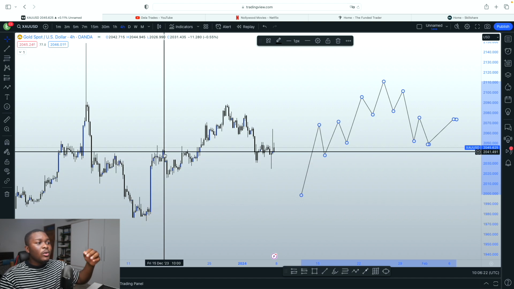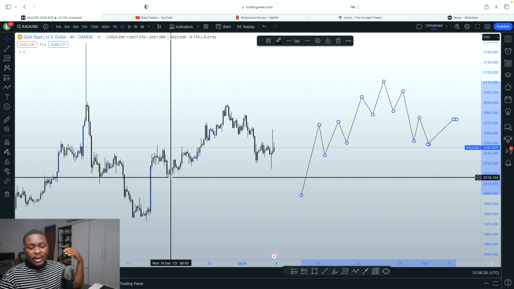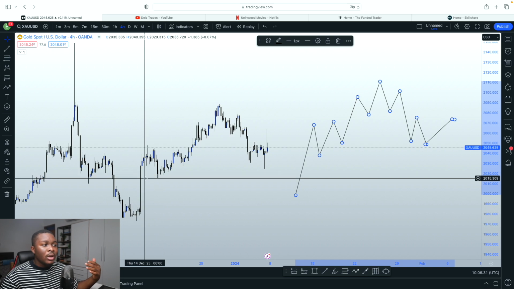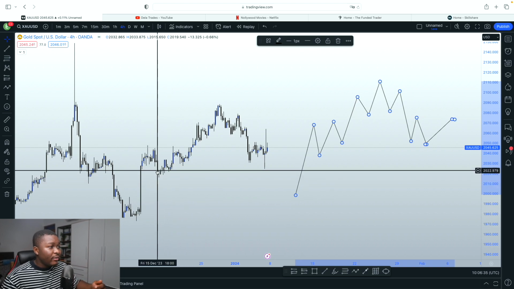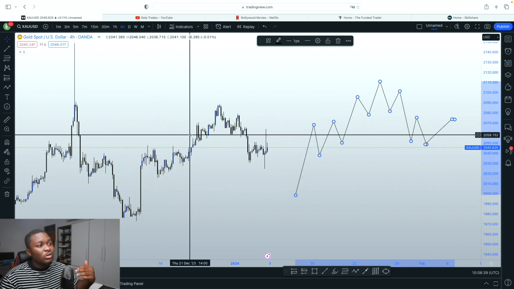You first of all need to wait for that correction phase, and you need to see some kind of exhaustion or some kind of Fibonacci exhaustion or retracements, giving us indications that this market is about to continue any further. And after the market has gone up again, we need to be looking out for corrections and then continuations, and